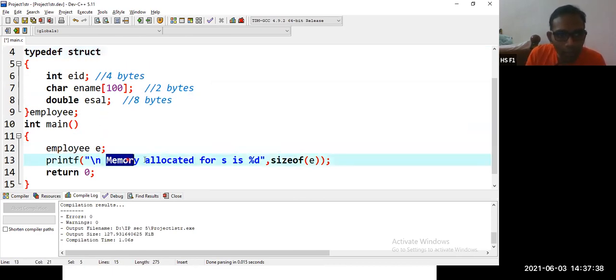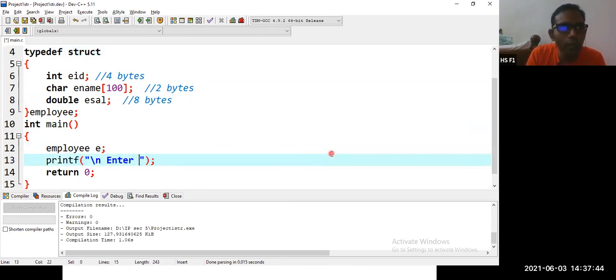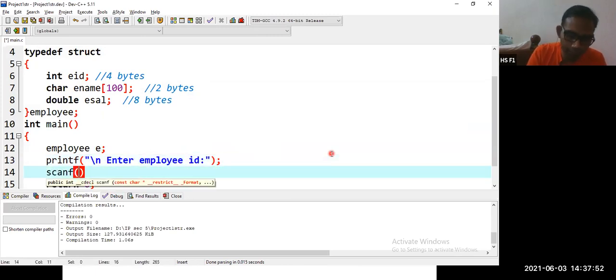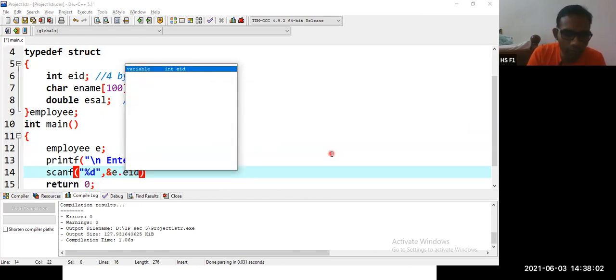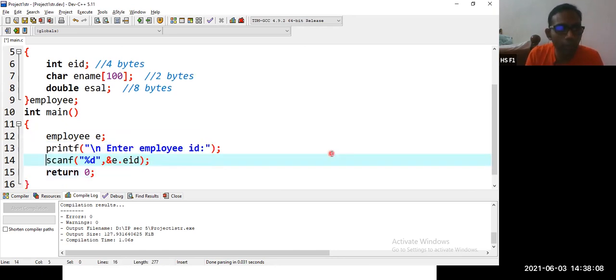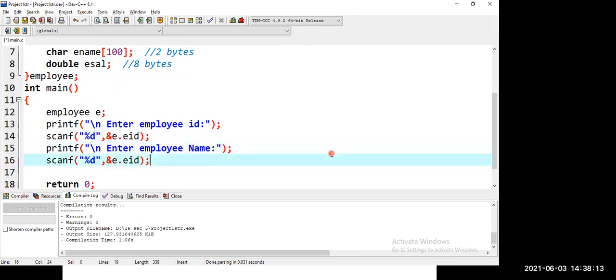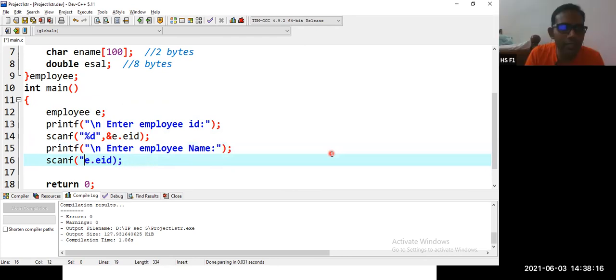Now we are going to ask: enter employee ID, then scanf %d, comma, ampersand e dot eid. So this is the first one, employee ID. Then we want to accept the name, so printf enter employee name. Then instead of scanf, we can use gets.